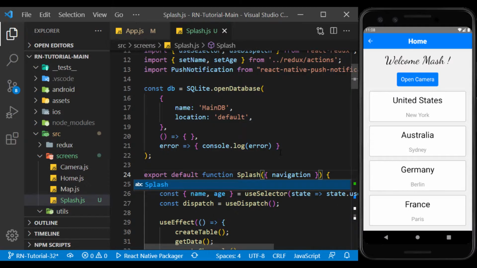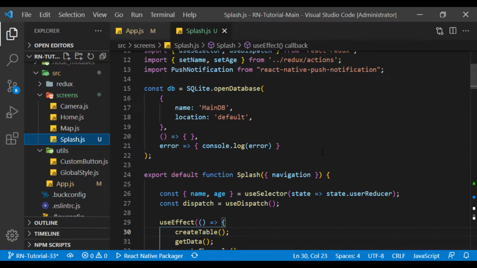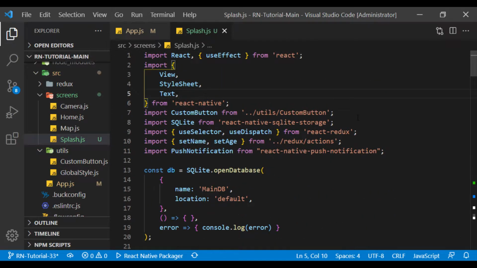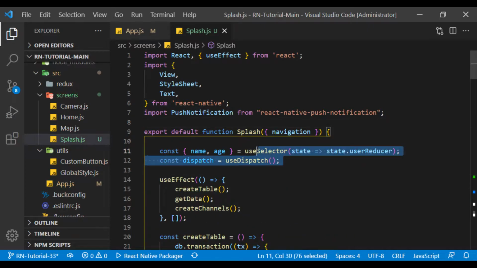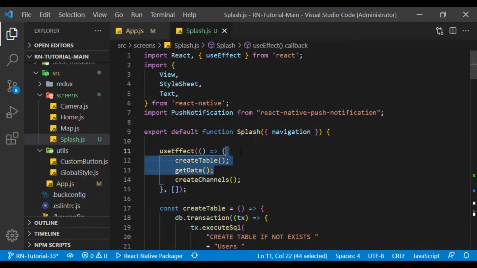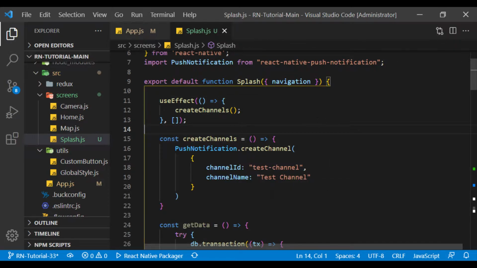I also renamed the function and deleted the ones we don't need. I will change the name of the notification channel so that we can use it later.